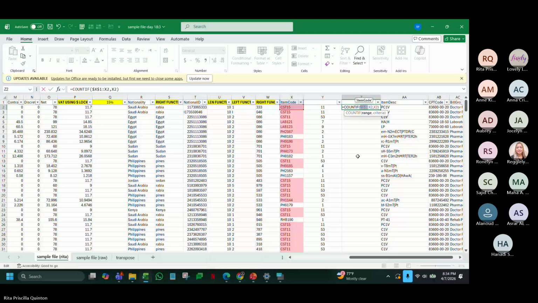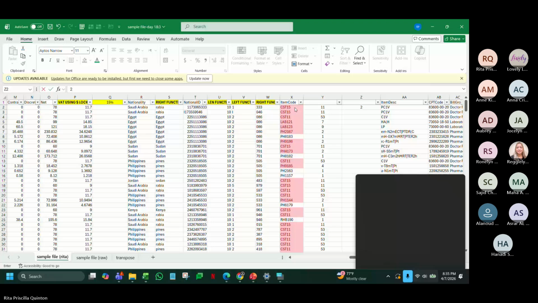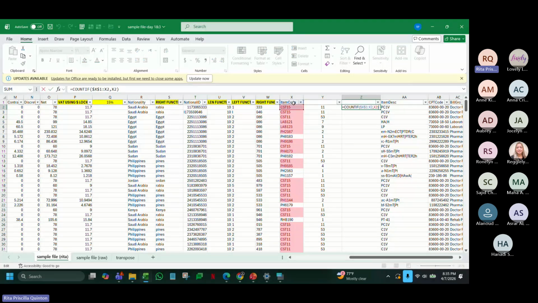Okay. This one counted the whole range. So it gave you 11 because there were 11 CST15. Here, what I'm doing is I'm only counting from the top.